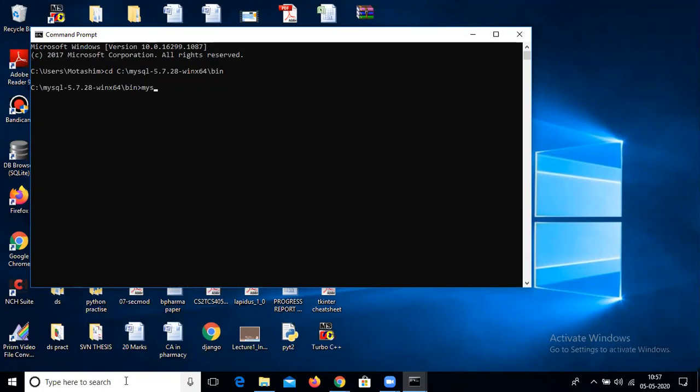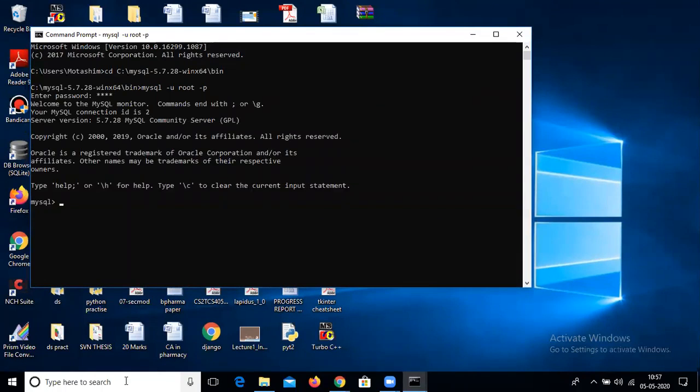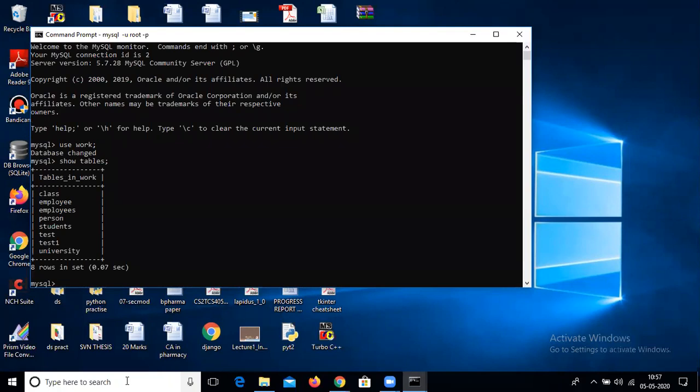Run mysql -u root, where the user ID is root and the password is also root. It is running. What was the name of our database? Its name was work. Show tables. The table name was employees.